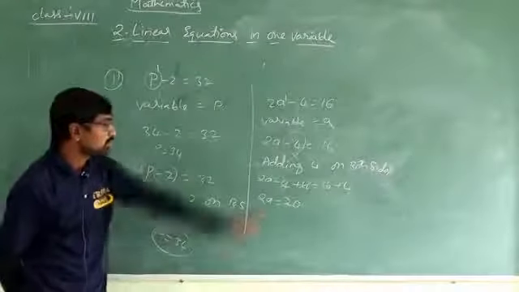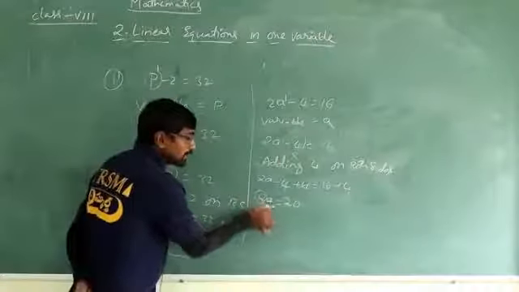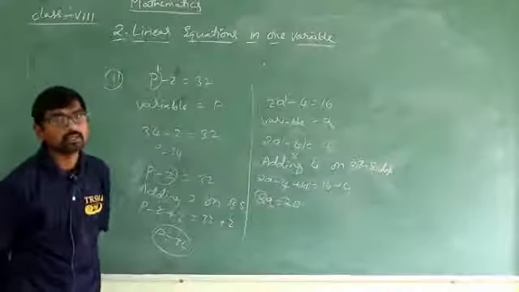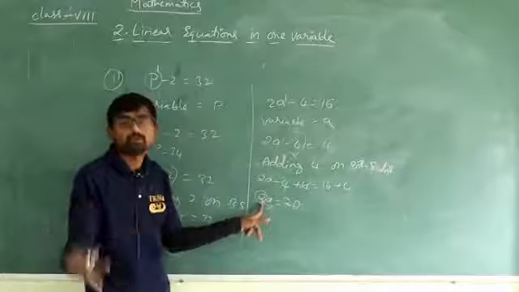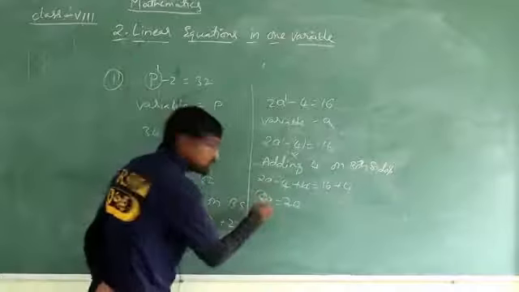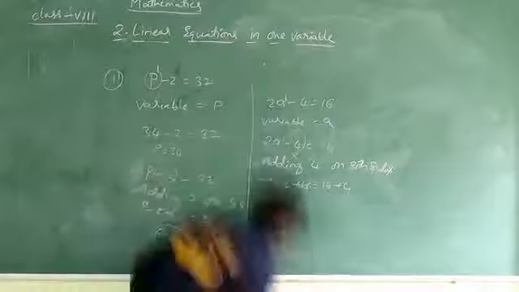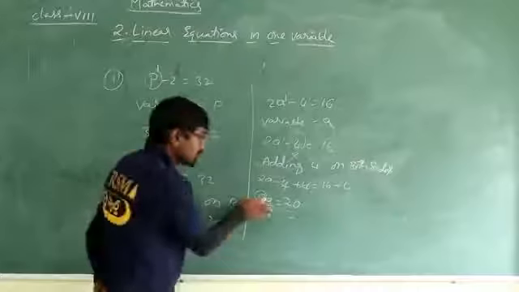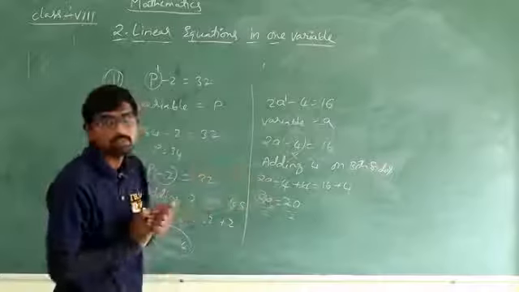Now, do we get the exact value of a? No, we didn't get it. Why? Because here 2 is multiplying a. So for removing this multiplication symbol, what do I have to do? I have to do the reverse of it, which means I have to divide. So for removing this 2, by dividing by 2 I can remove it. The 2s will cancel, and I will be left with only a single a. I will be getting the exact value of a.